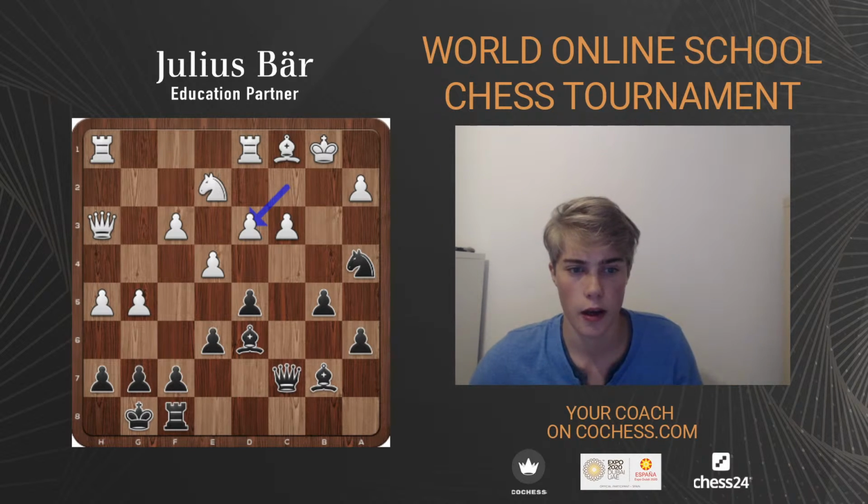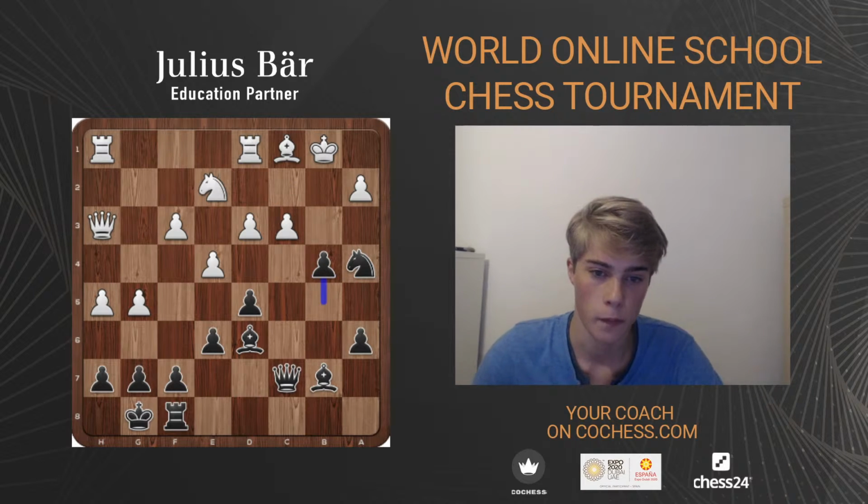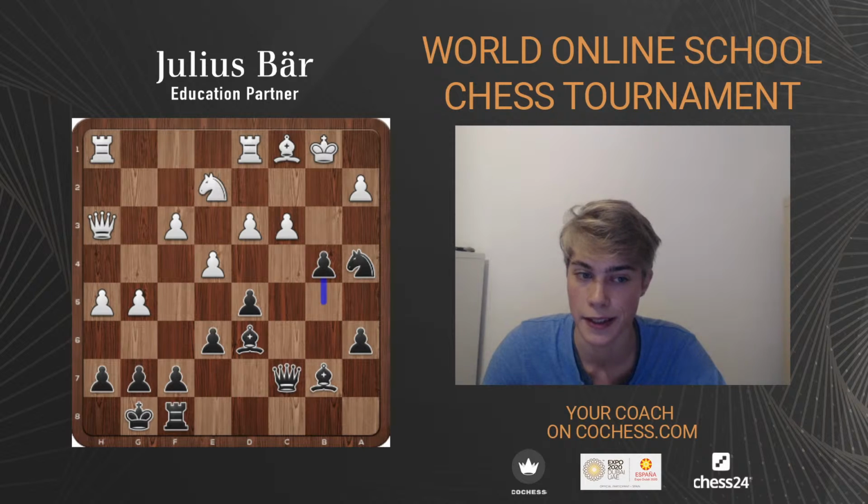And here black played the move pawn to b4, opening up the b file for his pieces. Maybe get the queen in, maybe get the rook in. But it's clear that a lot is going wrong for white, because the queen side attack is just really